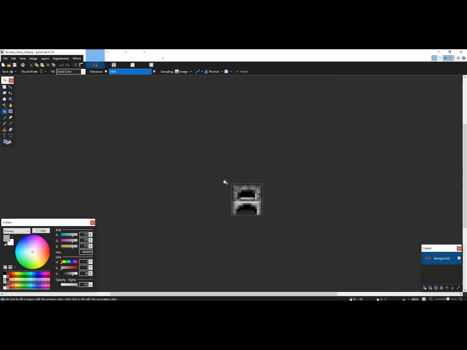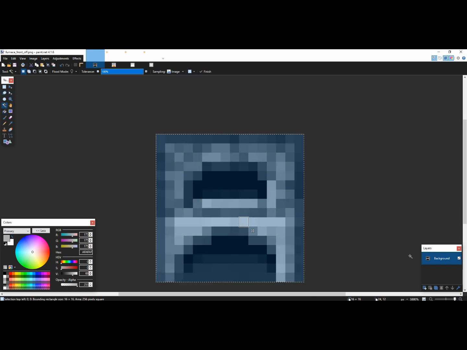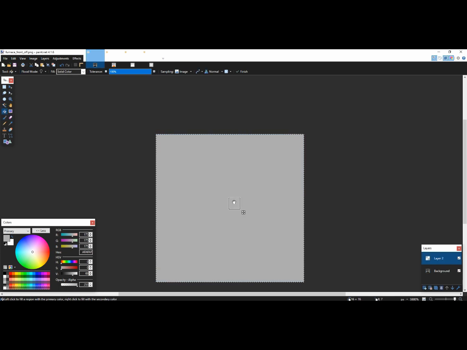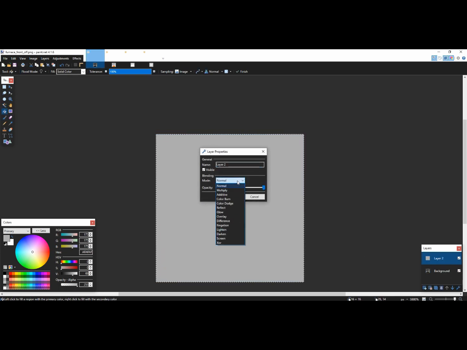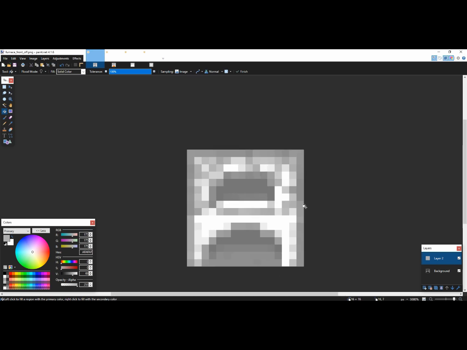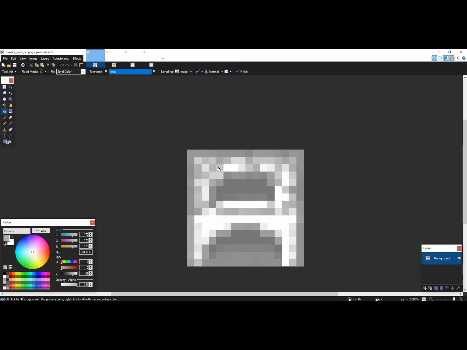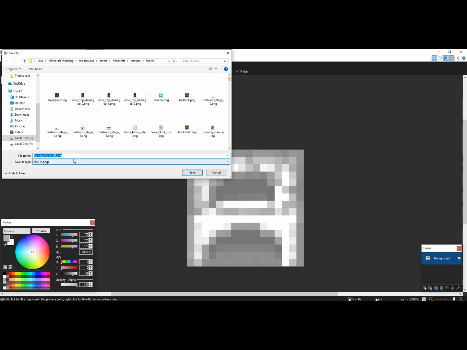That, and then we'll go ahead and do the same thing with this one. New layer, fill, and glow, and there we go. Now we will save as. Oh, I should probably Control Shift F, Control Shift S. Now we can save this as silver_furnace_front_off,